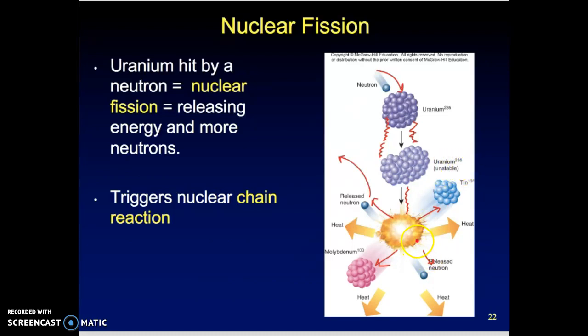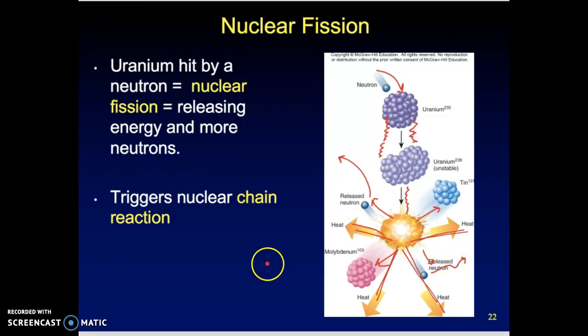Big thing that comes out: heat, lots of heat, more heat. Each of the neutrons coming out triggers additional breakdowns of uranium. But the heat coming out is what drives a turbine to generate electricity. That triggers what we call a nuclear chain reaction, when this original neutron goes in and boom, boom, boom, and it creates a domino effect. So heat's generated, turbine spins, electricity is produced. Awesome, great. The concern is